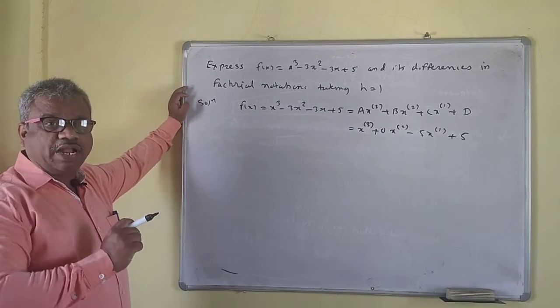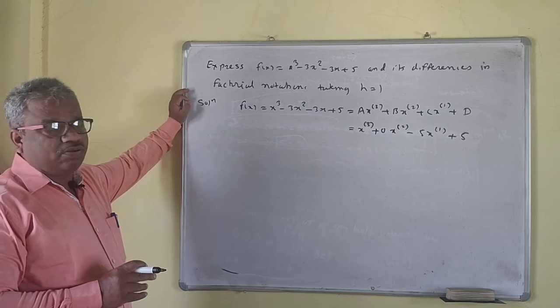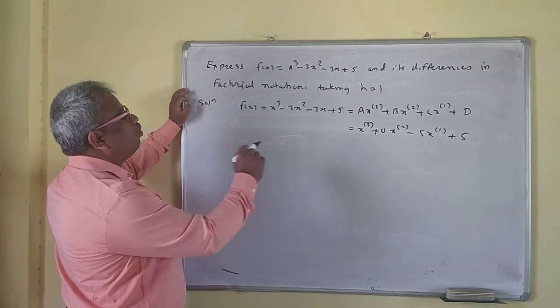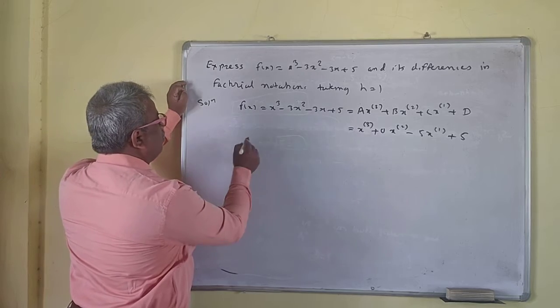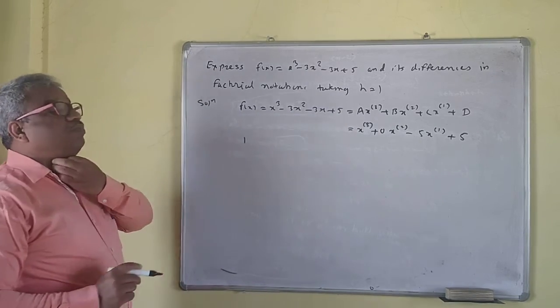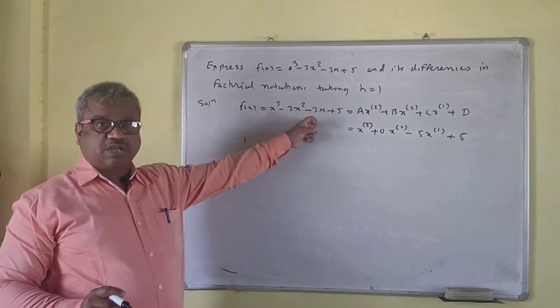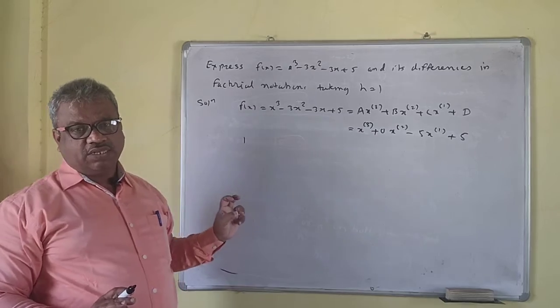You will easily find the values of A, B, C, D, no matter whatever the degree of the polynomial may be. Okay. So what we will do for this one, we will collect the coefficients of the given polynomial. So we write the coefficient of x cube. If suppose the coefficient of the x square term is absent, assume that that term is present and take the coefficient as 0.